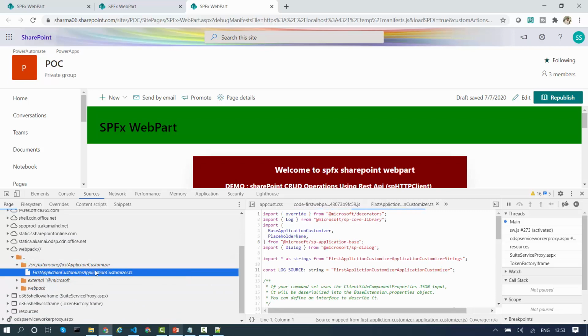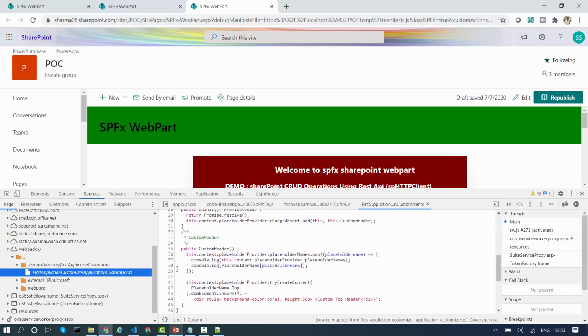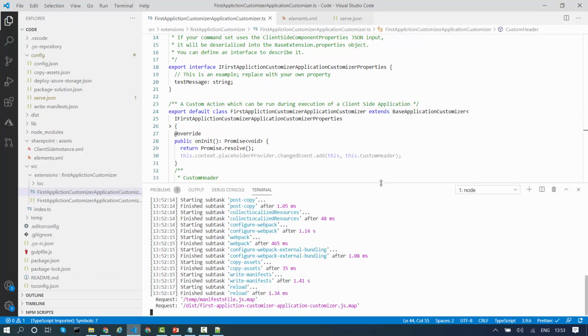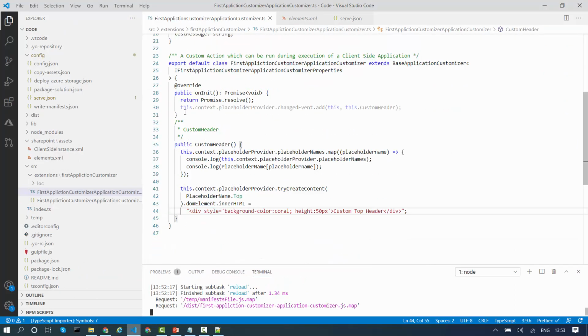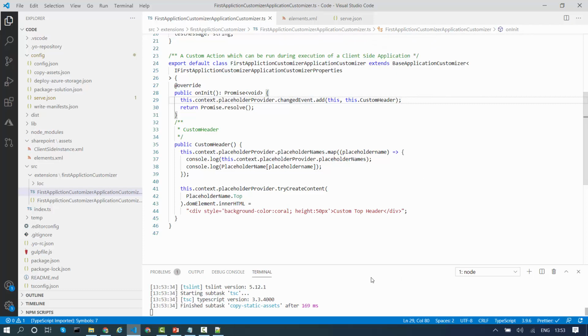Open this, and this is my code, first application customizer.ts, and over here we'll see if we are facing any issue. So I will put some breakpoints over here. Over here I can directly see my error. See, this command I have written after my return promise statement. So I have to go back and change it. This is the mistake which I made. I didn't notice this gray color because it was showing unreachable code. Now I think it should work. At least it will give us some error if any. Before that it was unreachable code. So now this is fine.